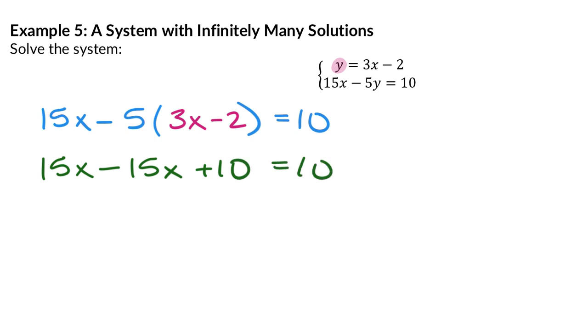Ooh, are your spidey senses going off? What is 15x minus 15x? These should cancel out, yeah? So then I'm left with a mathematical statement that says 10 equal to 10. Is that true or false? True. So if your variables cancel out and you're left with a true mathematical statement, that's when you would answer infinitely many solutions